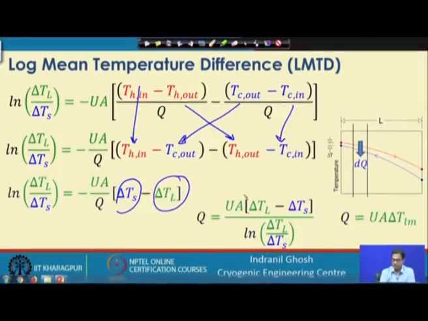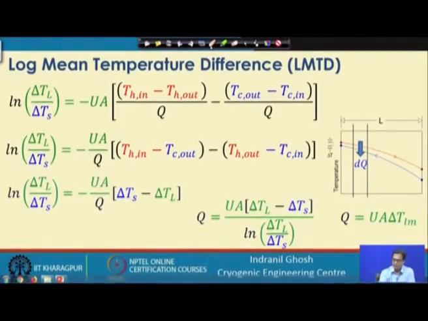So, if we put this expression as the natural log mean temperature difference, then it becomes Q equals U A delta T L M, or log mean. So, this is the log mean temperature of this entire temperature difference, and then we can write the heat transfer as